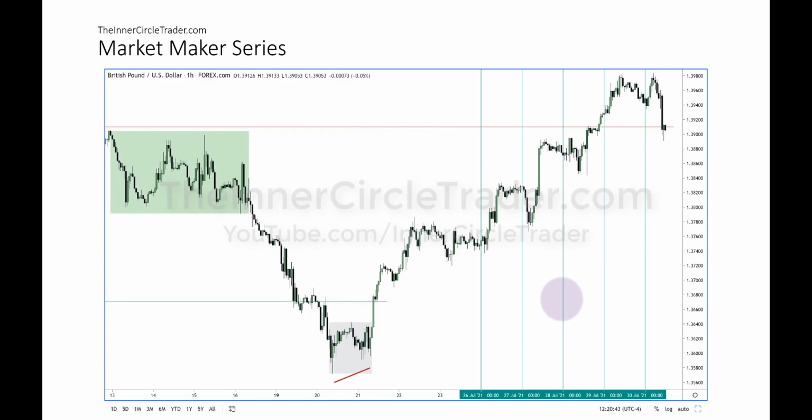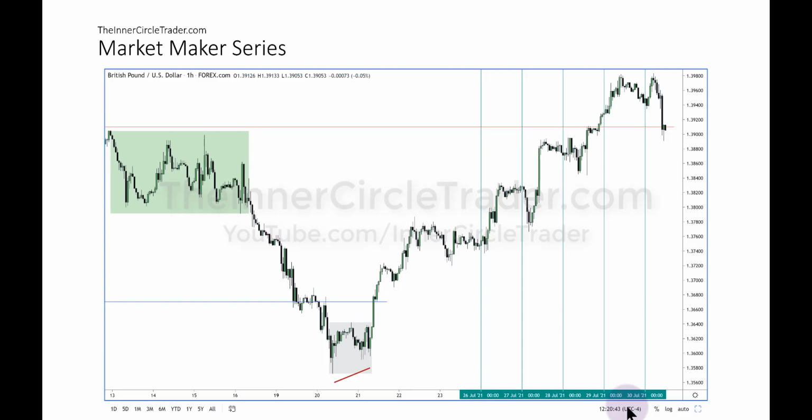So now I have the daily dividers on, and how I did this, in case you're new, all I did was create a vertical line and dropped it on the 0, 0 level on the time axis down here. That's going to be midnight New York time. It's important that you have your chart set to New York local time. That'll make understanding what I teach